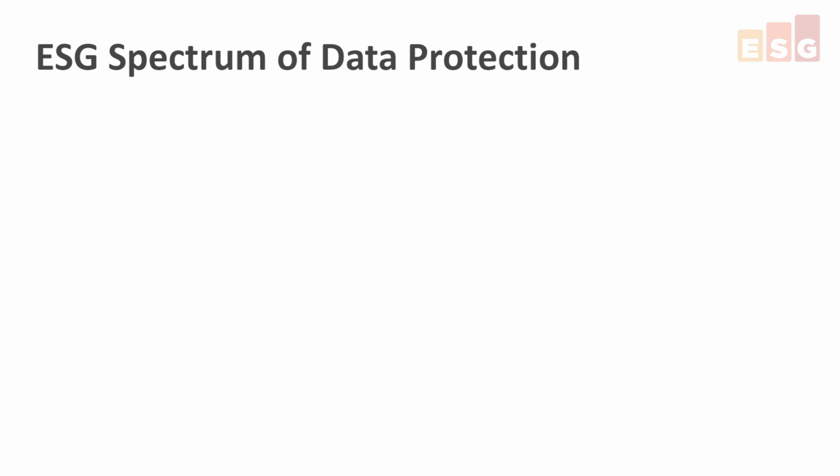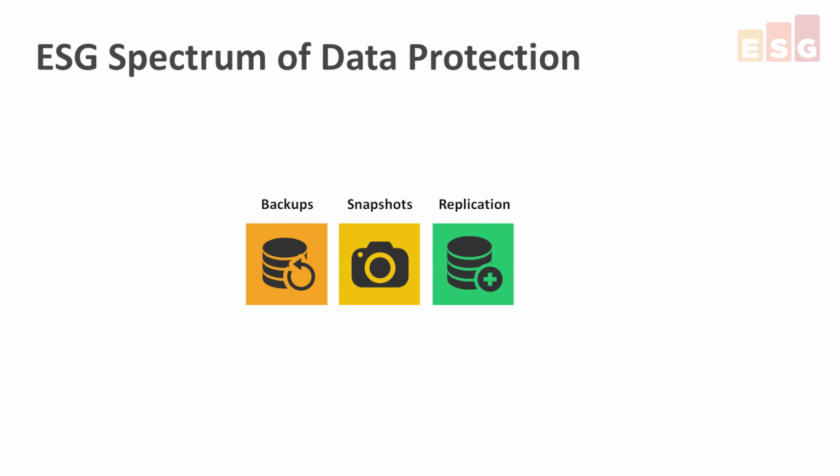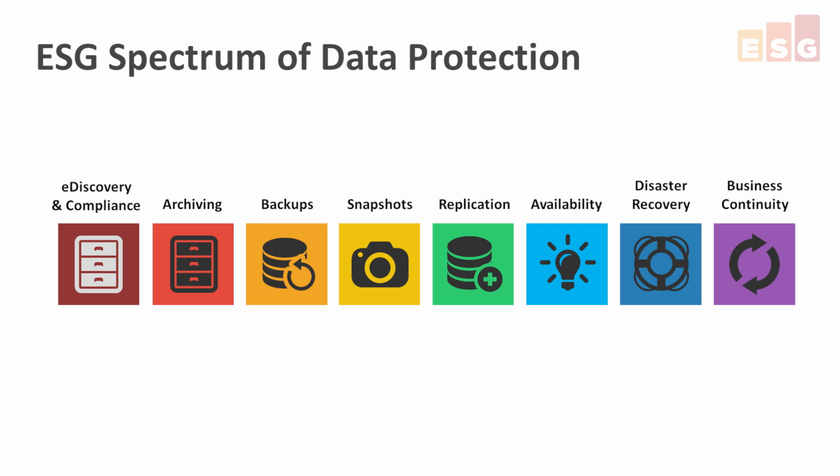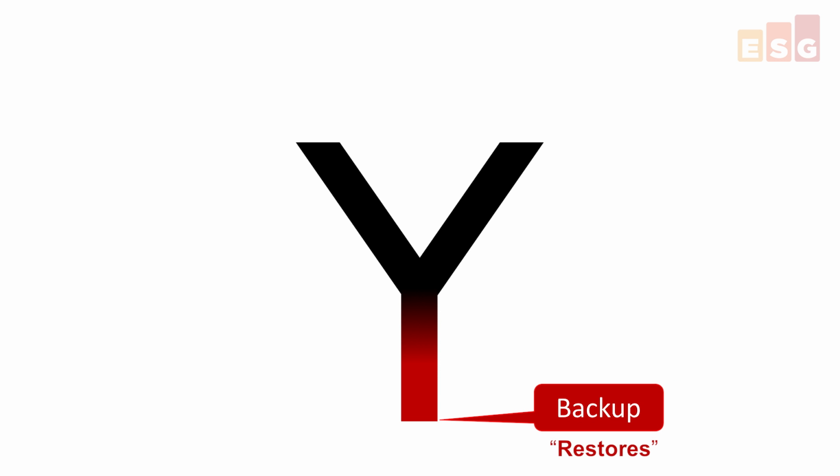At ESG, we often talk about data protection as a spectrum of activities that starts with backup and then builds in both directions. But as vendors and service providers are evolving, here's another way to think of this evolution within our space. Imagine a capital letter Y. At the base is backup, and parenthetically also restore.